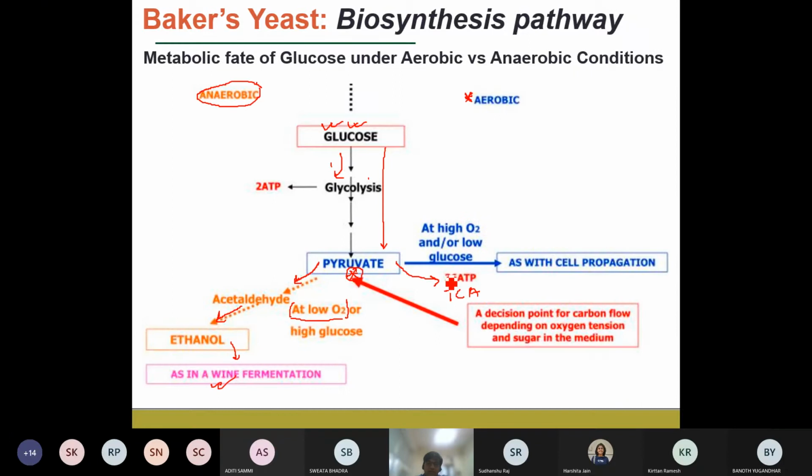We will look into what the TCA cycle, the citric acid cycle, is and how it helps in increasing the biomass concentration. In the anaerobic process, our target is to produce C2H5OH, that is the ethanol. But in the aerobic process, our target is to produce the biomass. So what is the biomass? Biomass is nothing but the yeasts.